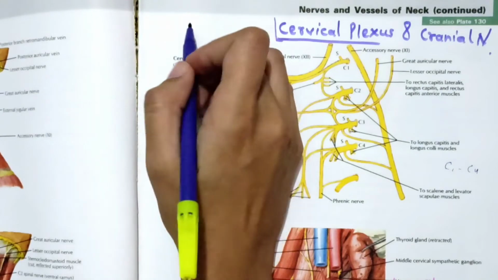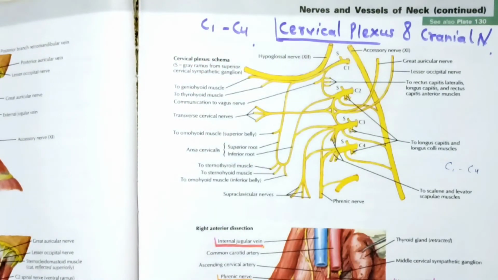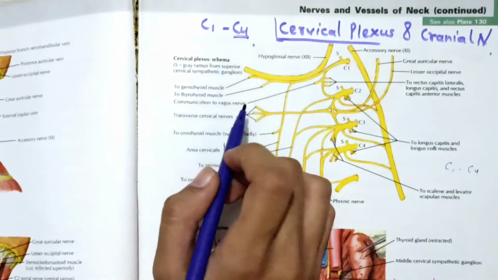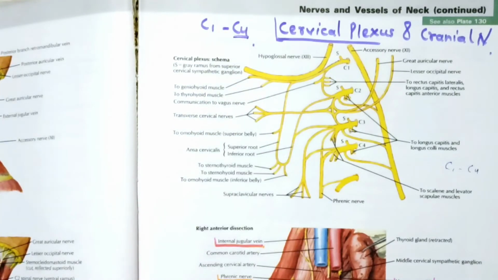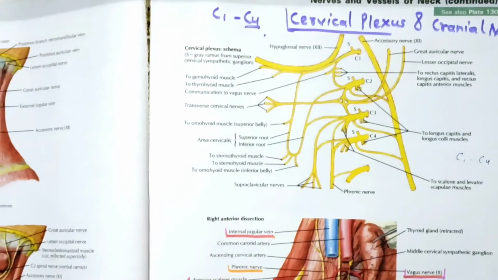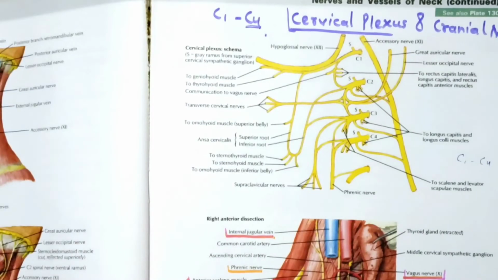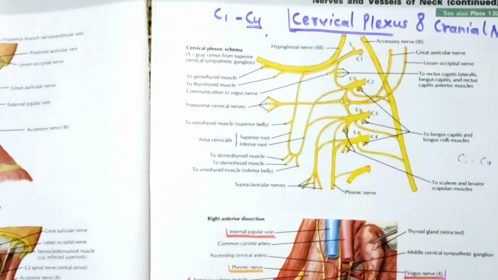It is from the nerve root C1 to C4, and from C5 the brachial plexus starts, which we have studied in the upper limb portion. So for nerve we have this, and for blood supply,